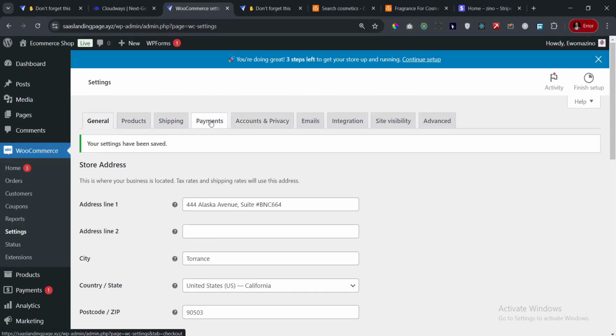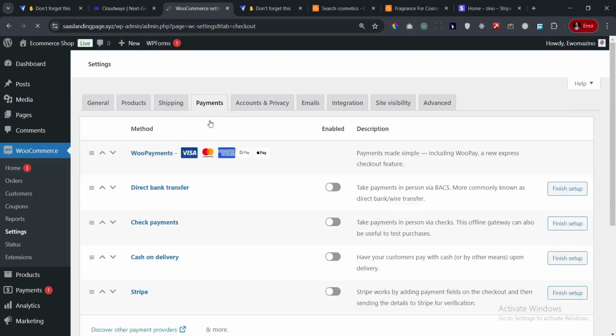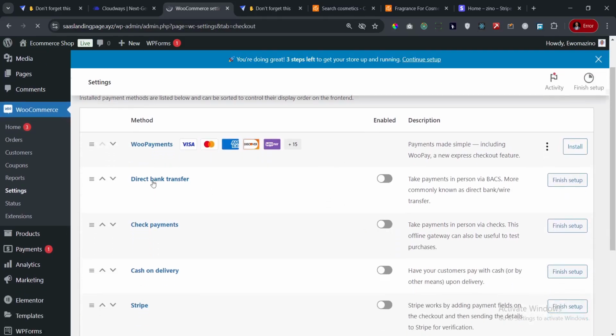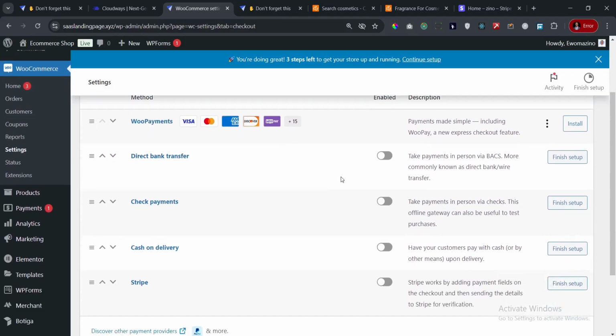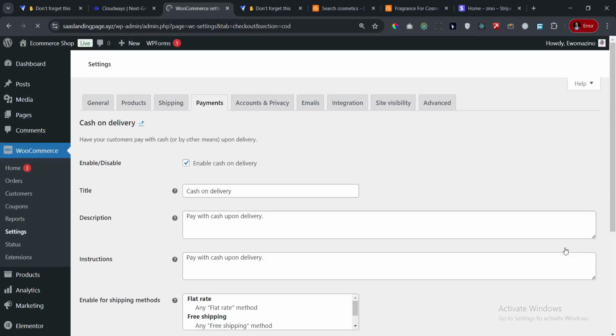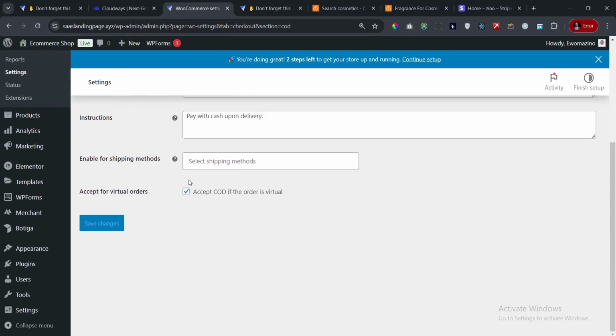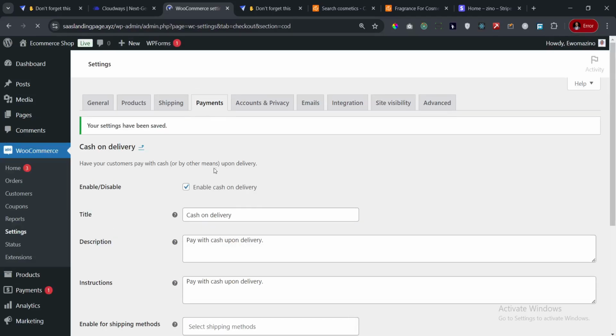That's what brought me here, actually, payments. So I'll click on payments, and then I would enable bank transfer. Let me just enable 2 payment methods, or I think cash on delivery. So just click on cash on delivery. So that's the first. I don't think there's any extra step that is needed, but if you click on finish setup, it will show you. So it says accept cash on delivery if the order is virtual. Let me just uncheck that and save. All right, so let's go back to payments,